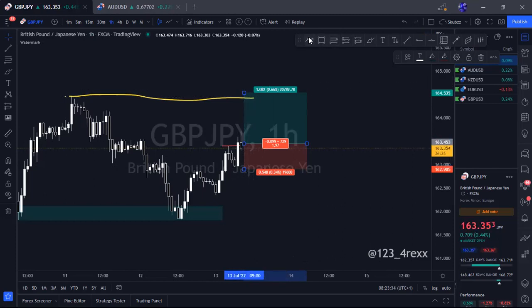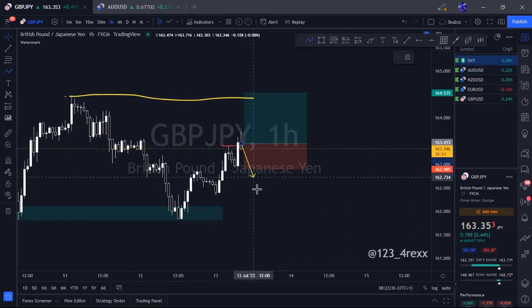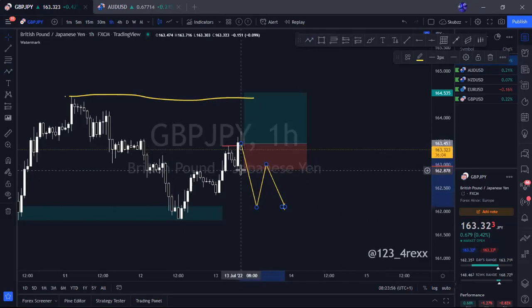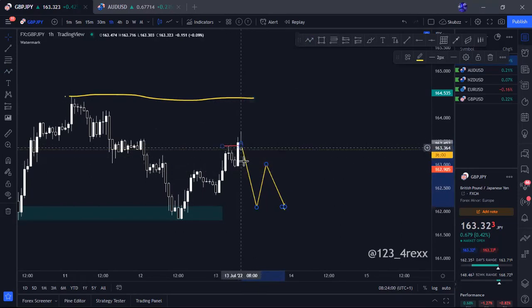Do you get? Now, we can have what, a break of structure to the downside, and the moment we have a break of structure to the downside, then that validates that the short retracement was set up. What we now have is a shift in market structure, which you can wait for that retest. Do you understand? So now these are the two scenarios you should watch out for on GBP JPY. If you want to take the buy, you can take the buy now. And drop your stop loss just below this level here. And if you get taken out, then you know that you are starting to have a shift in market structure. Do you understand me?